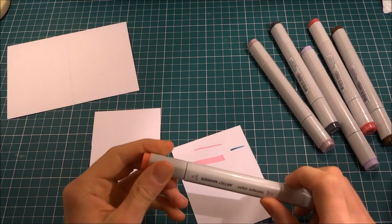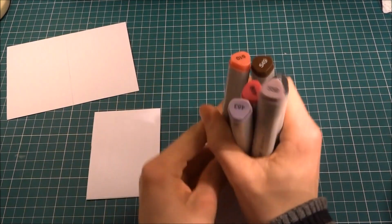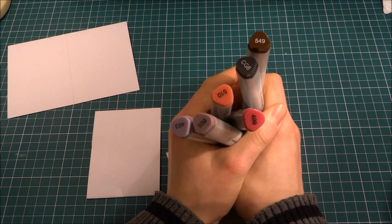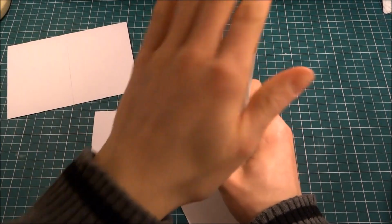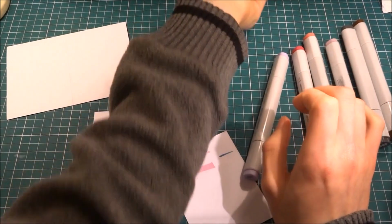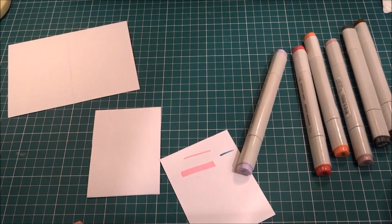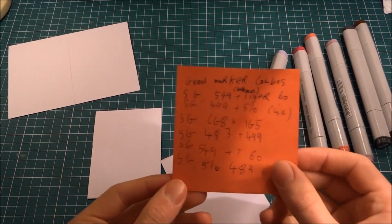And they blend. Honestly, with this amount, none really blend together, so I'm not sure if they blend or not, but they do blend well enough with other markers, either the Pro markers or the Tiger Twin markers, the ones I have in my collection. And I'm just going to show you some good marker combinations